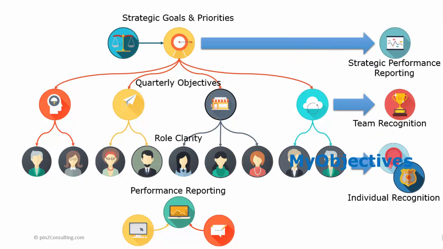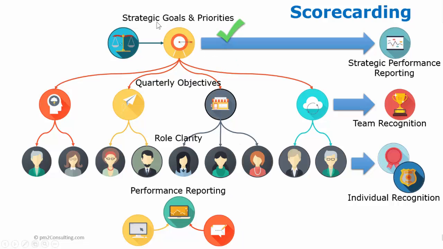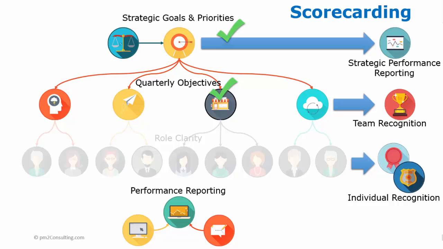Let's compare that to what we get with, for example, a scorecard. For scorecarding, it's important to note that they do give us exactly the same strategic goals and priorities. They also encourage you to break it down to what we're going to do for each of the financial periods. So that's within the scope of a standard scorecard. What scorecards don't do is give us that link to the HR system and the role clarity. So we may assign someone who reports on this, but we don't have the full depth that supports that intrinsic reward